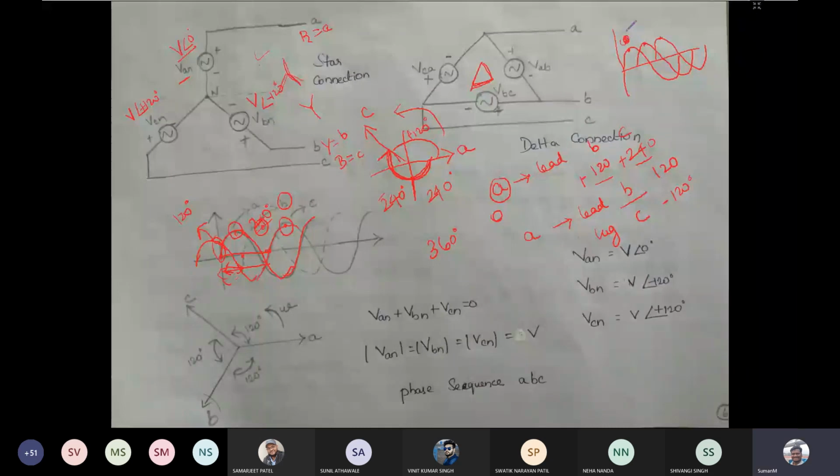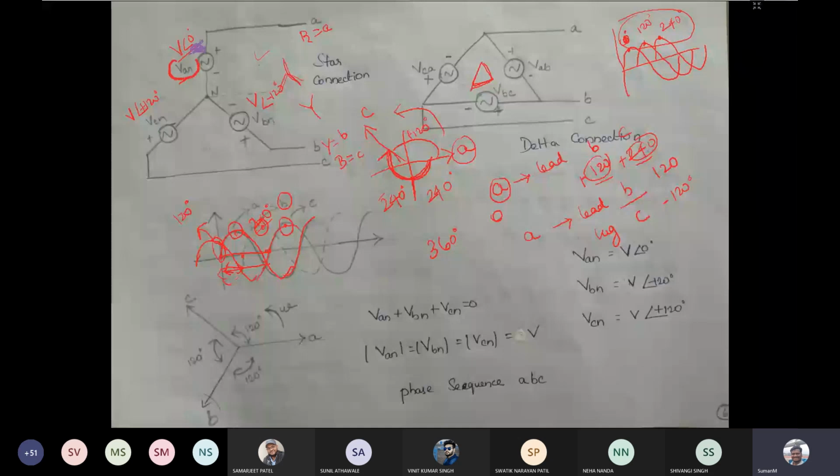Okay, if it reaches its peak at 0 degree, this will reach after 120 degree, and this will reach its peak after 240 degree with respect to the A phase. So depending on when it reaches its peak, we can mention it as 0, 120 degree and 240 degree. Okay, so this is about the three phase. You are having three different sinusoidal waveforms. When each is going to reach its peak is given by 0 degree, 120 degree and 240 degree. If A phase reaches its peak at 0 degree, then B phase will reach its peak at 120 degree and C phase will reach its peak at 240 degree. That is what it means.